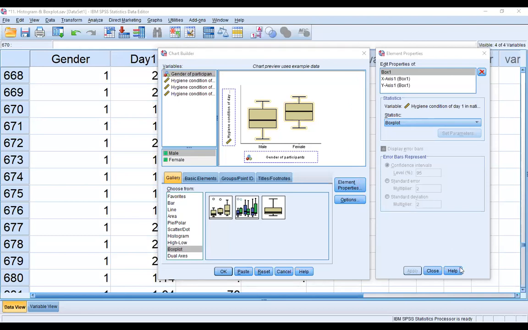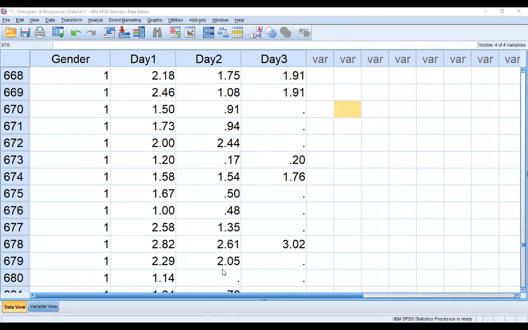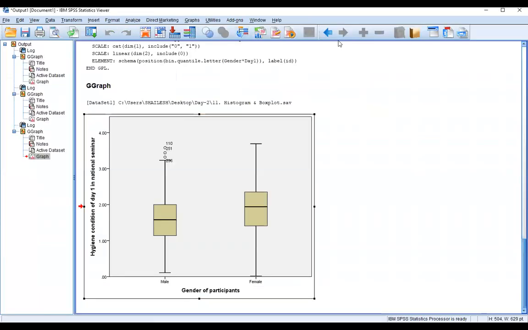After continuing, and then okay, we close, and then okay. After okay, you can see this is my box plot. I'm showing you the picture. You just see it. Is it visible to you? Can you see it?